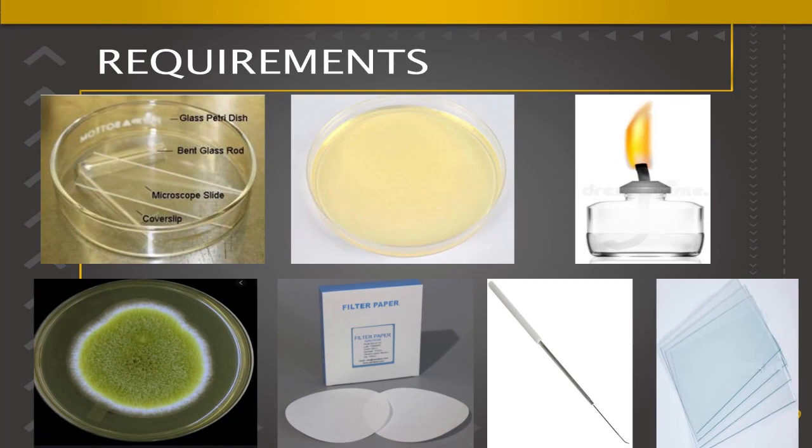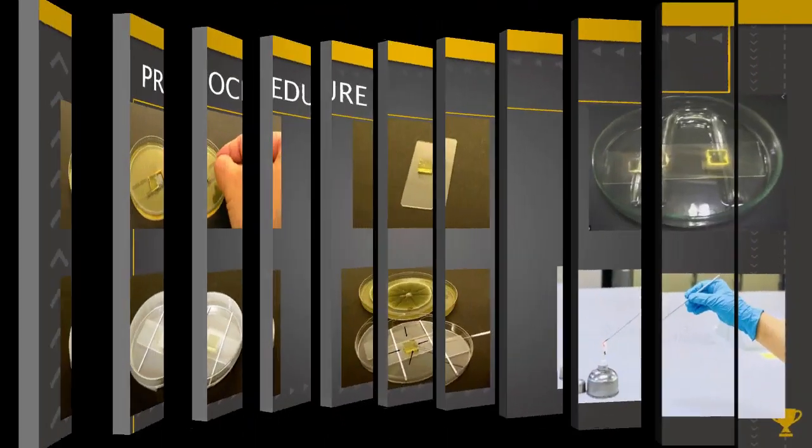The requirements are sterile Petri plates with a bent glass rod and glass slide. All these are to be sterilized. Then you will be needing a culture medium for fungal growth, for example Sabouraud dextrose agar. Then a spirit lamp, cover slip, inoculating bent wire, filter paper, and fungal specimen or fungal growth. Coming to the procedure,